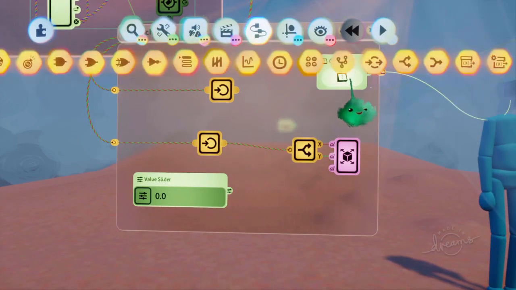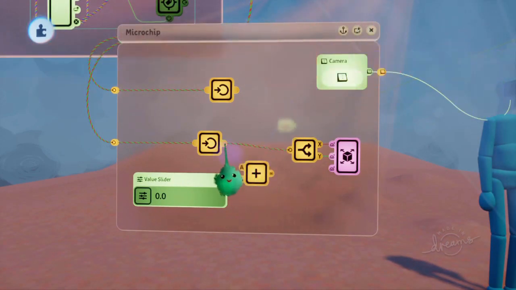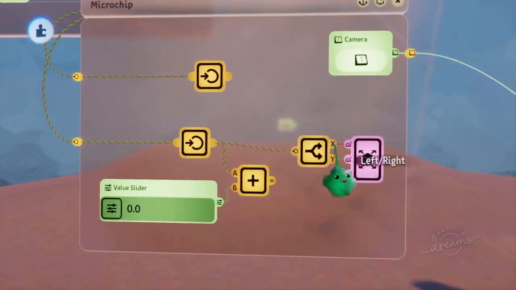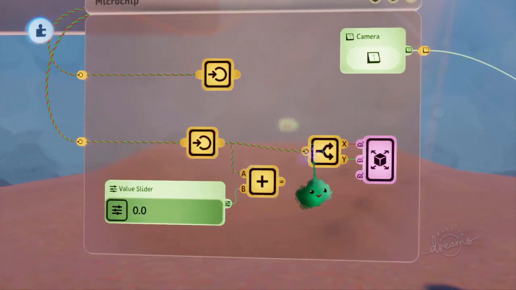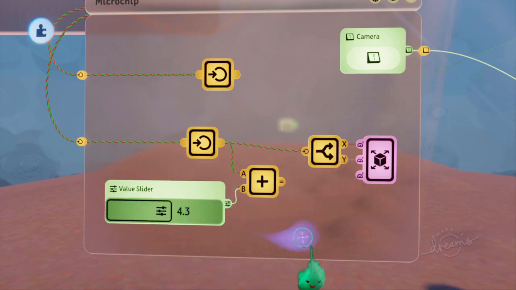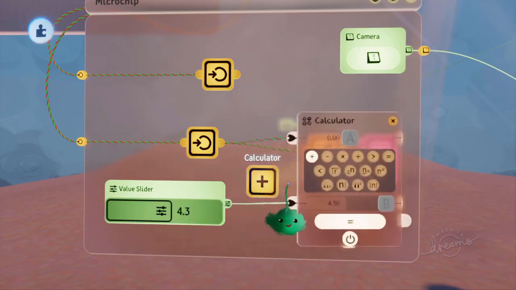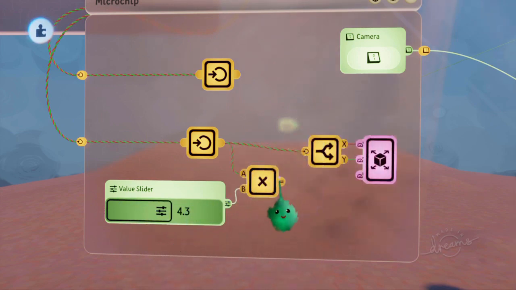And then we'll multiply the fat wire by this speed, so that from X you get positive and negative 1, or less if you're just pushing it a little bit, and the same with Y. So we're multiplying that positive or negative 1 to positive or negative 4.3, for example. Once we multiply it, we put that into there, and it all works the same from here on. So now we've got a maximum speed we can set very easily